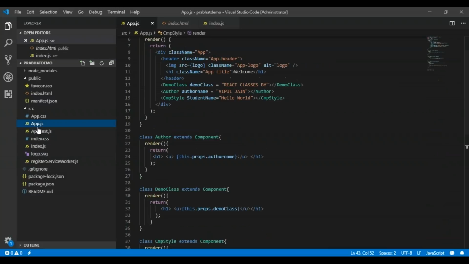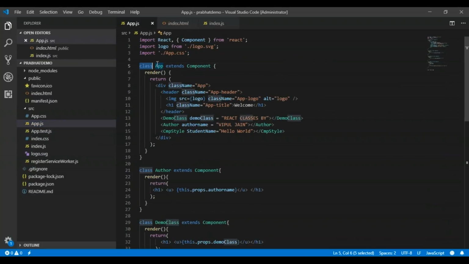If I go to app.js, there is a parent component, class App extends Component. You can either write Component or you can also write React.Component, that's not a problem at all. Every component, as I mentioned, should implement a render method, and there is a return statement which returns the instance of that particular class. Now I can write the JSX inside the component in the return statement, simple HTML and the JS structure. For the div, I have given the class name equal to App.